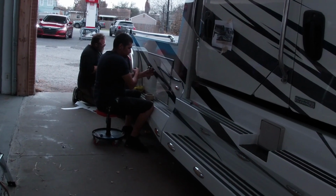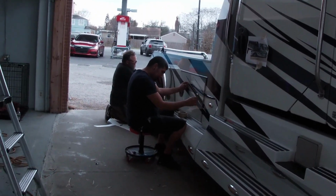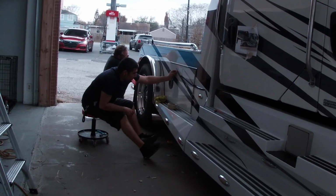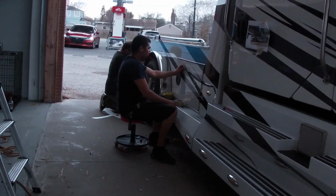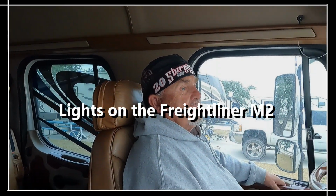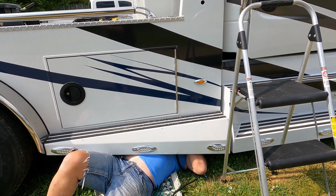They had to lead pencil some of the ends and the little fine points, so I've had to trim a few. We've trimmed off a few, but nothing major, so we've been very satisfied with that. We replaced what Sport Chassis had already put on, the running boards, with some trucks,